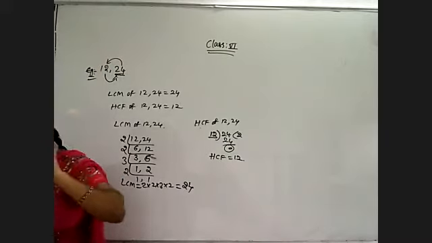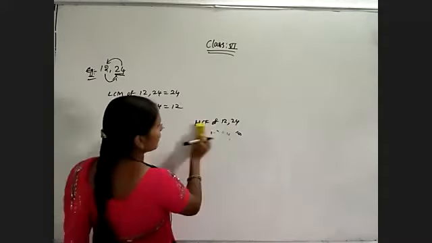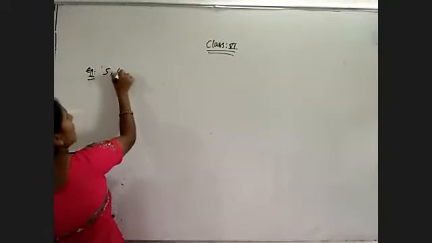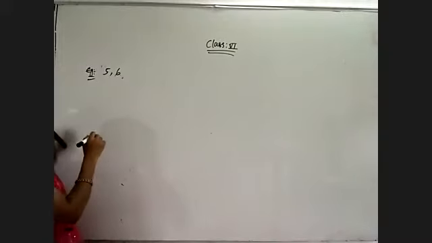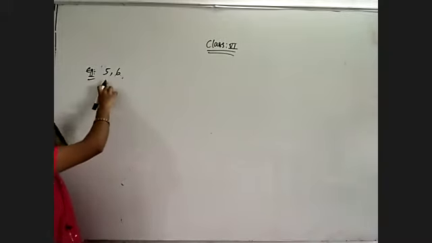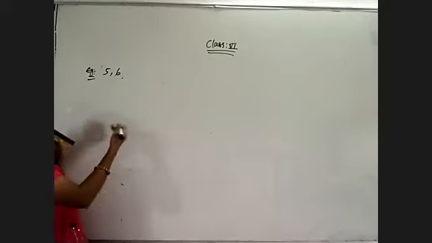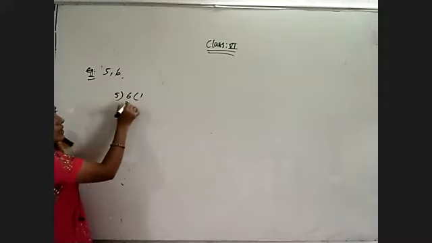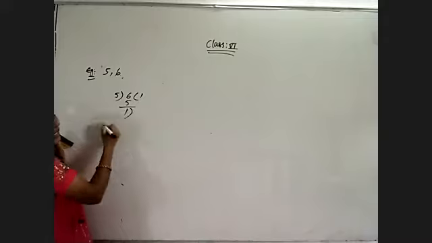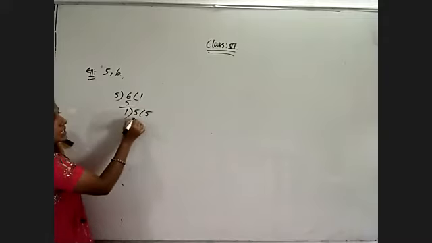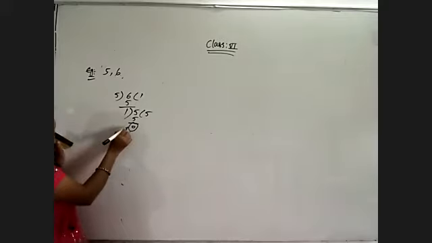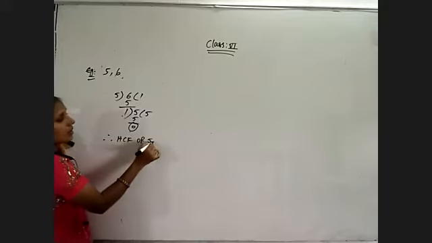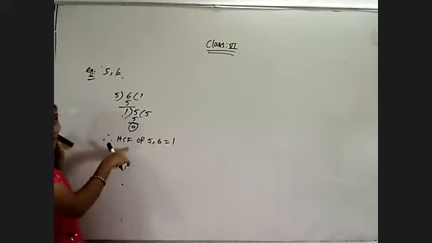And next, if I have two consecutive numbers, 5 and 6, we will find their LCM and HCF. As we know, the HCF of consecutive numbers is always 1. Otherwise, find it using the division method. Divide 6 by 5: 5 ones are 5 and 1 is left as remainder, and 5 we have. So 1 five is 5, remainder is 0. The last divisor is 1. Therefore the HCF of 5 comma 6 is equal to 1. So those are co-prime numbers.